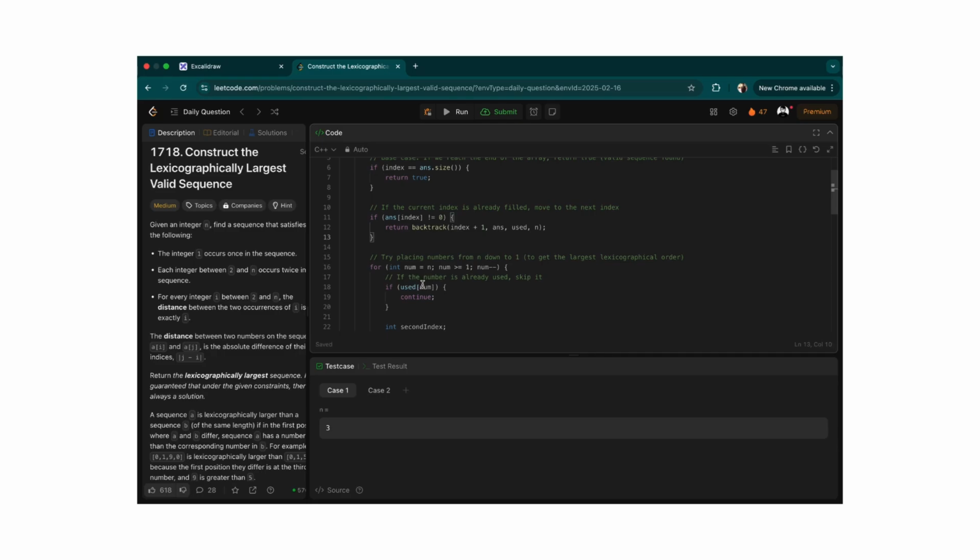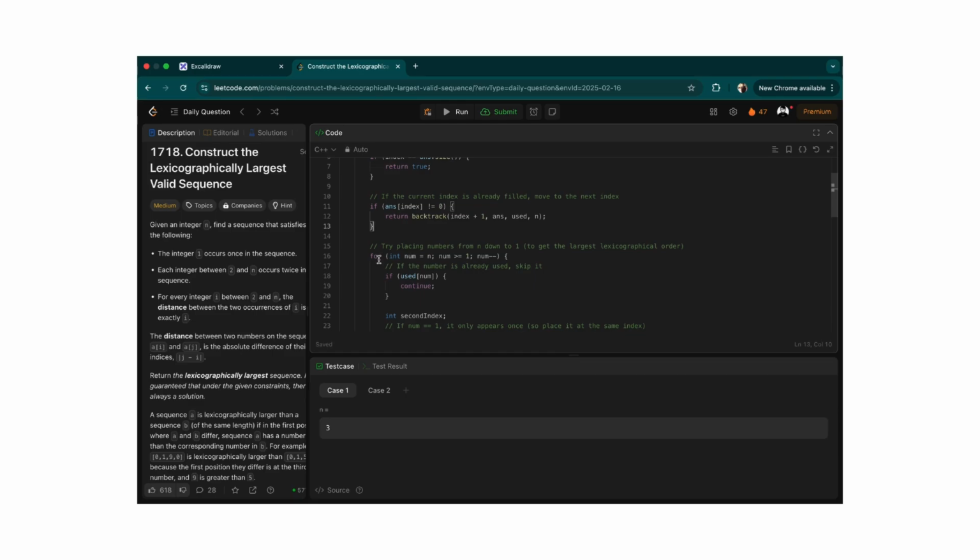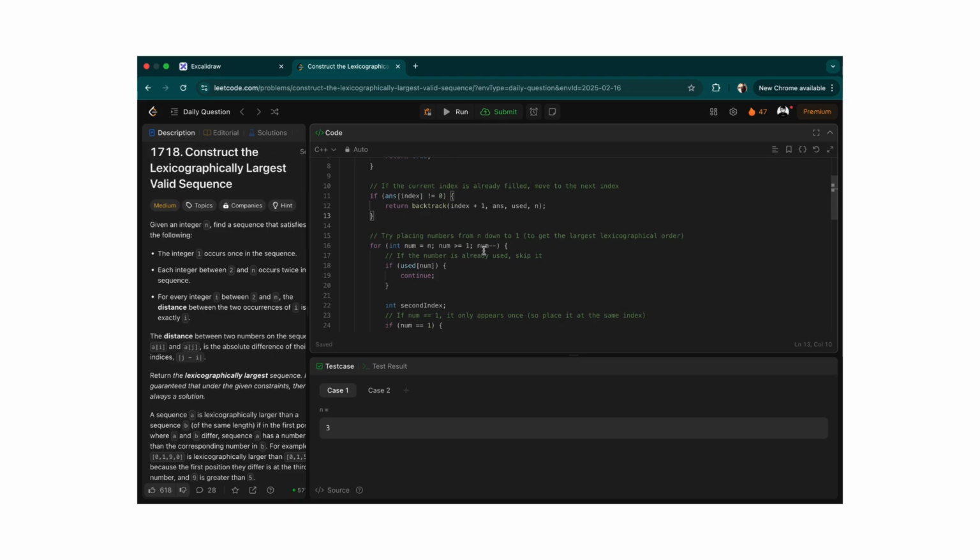So in the next part, we try placing the numbers from n down to 1. Why are we doing n down to 1? Because we need the largest lexicographical order. Then we will iterate over the array,